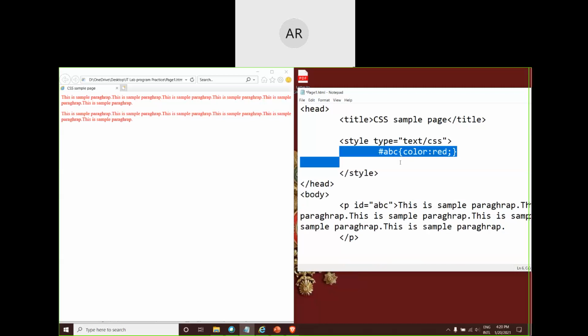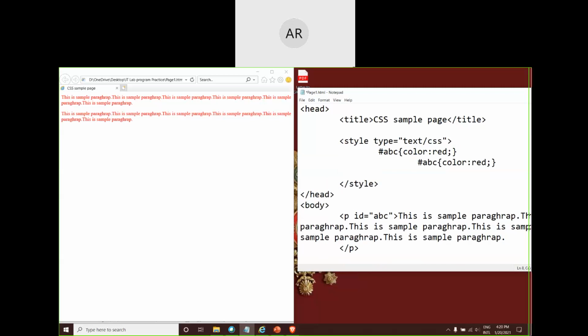Just copy that one. And for XYZ, I want to have it in blue color. Let us see whether this blue will work or not.